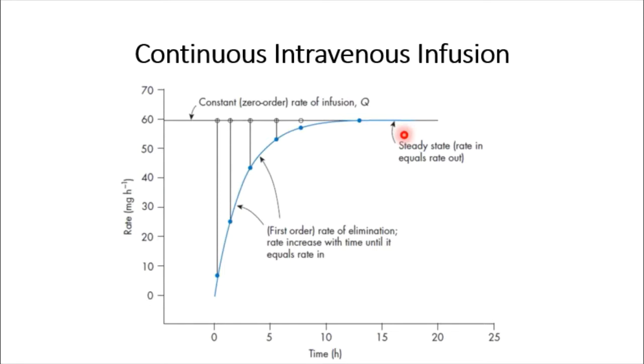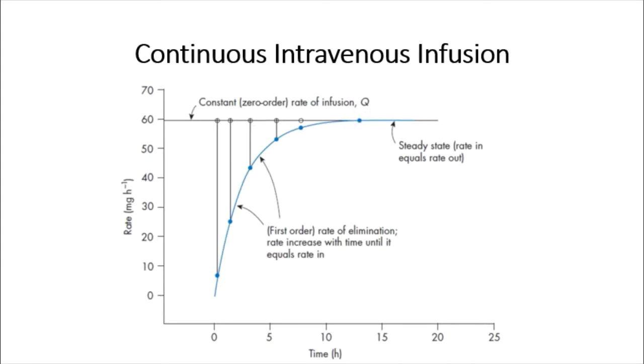So again, at the initial point, the amount of drug infused is more than the amount of drug eliminated, or the rate of drug infusion is more than the rate of drug elimination. This will cause an accumulation of drug in the plasma. The accumulation appears as an increase in the plasma concentration with time until we reach a point at which the rate of drug in equals the rate of drug out, and in this case we reach a steady state